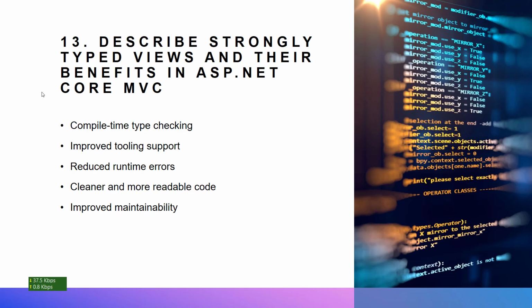The 13th question: describe strongly typed views and their benefits in ASP.NET Core. We can have strongly typed views as well. Those views are directly connected with the model, and once the model is changed, the views would also change. So those are known as strongly typed. So the benefits are